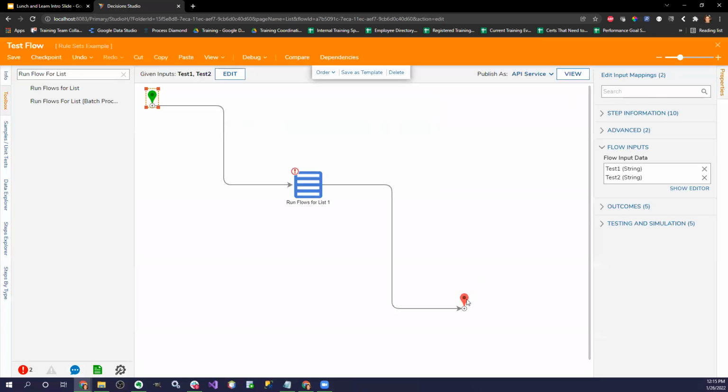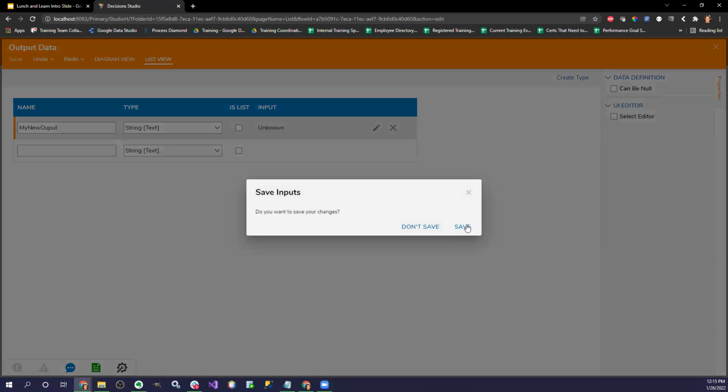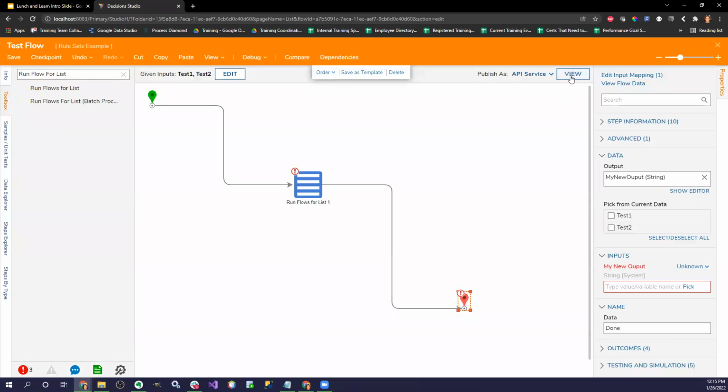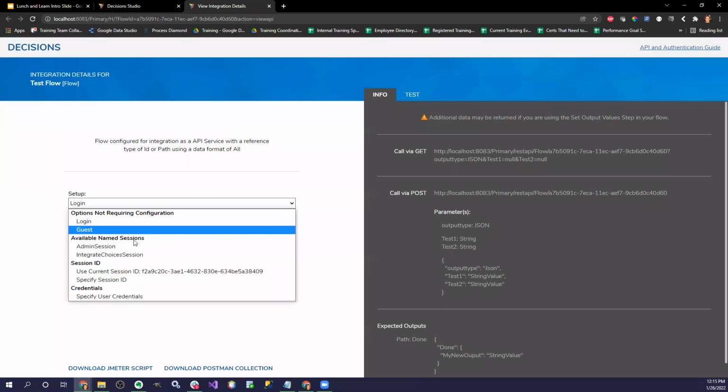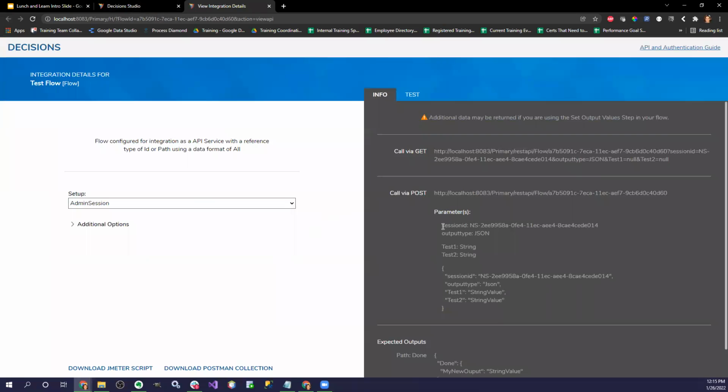And then I'm also going to add, this is going to be my new output. And then I'm also going to change the authentication method just so you can see what changes. So now when I view this, and then I'm going to say this is the admin session. Notice that now I have more parameters. I have a session ID now,